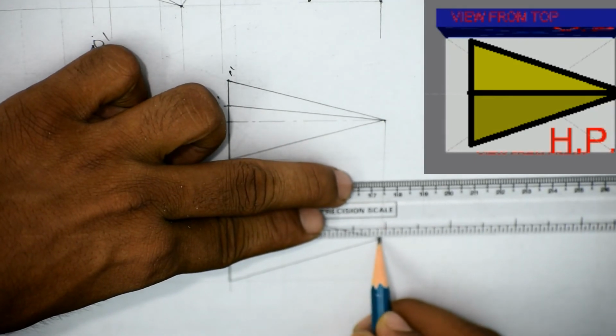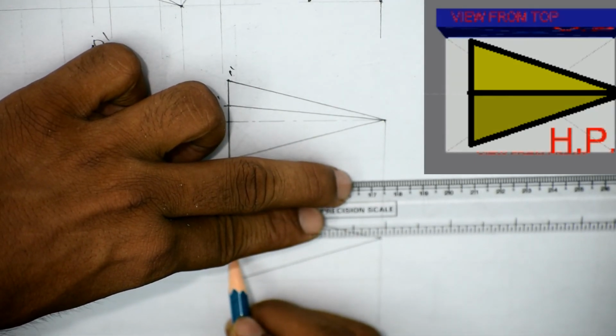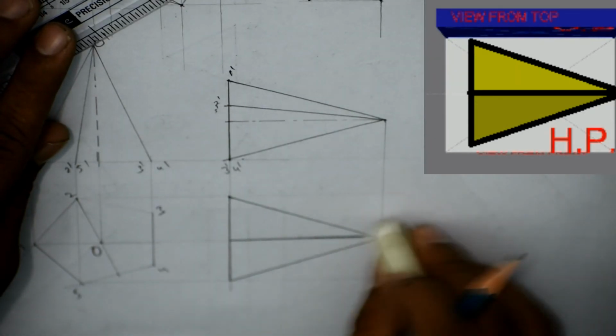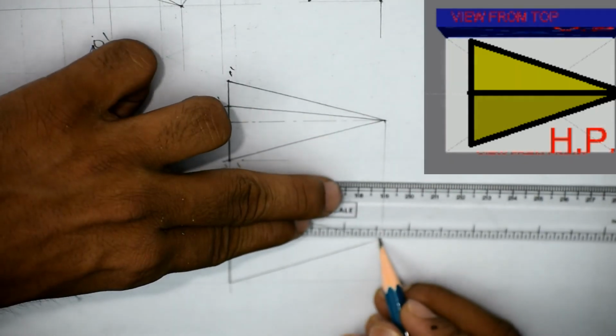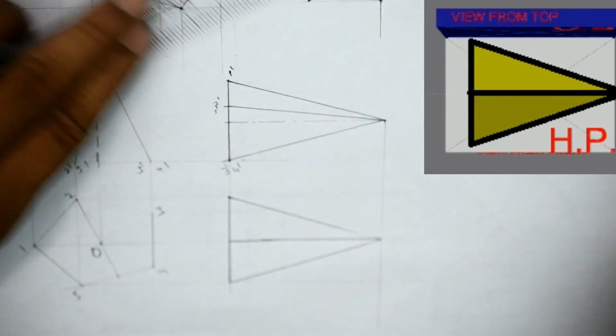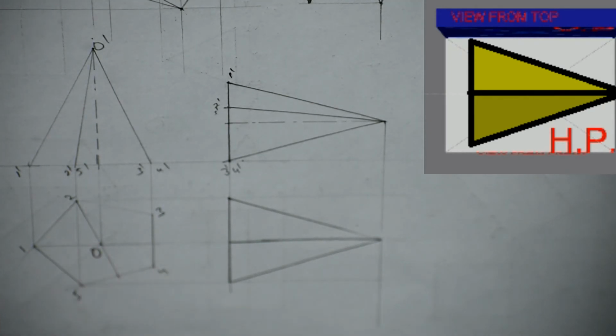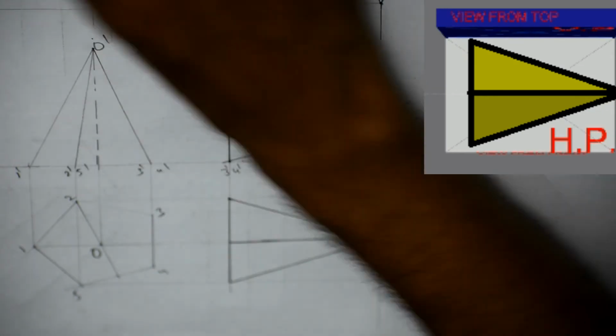This edge is visible from the top only, but not these two edges.